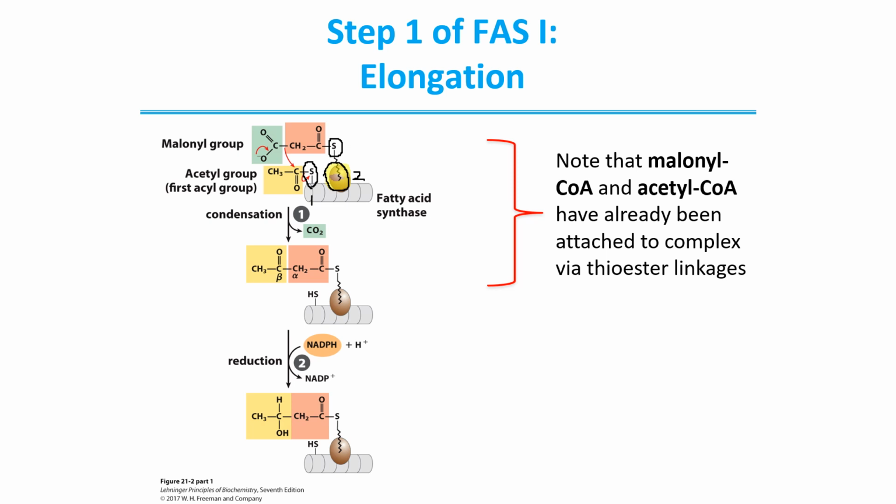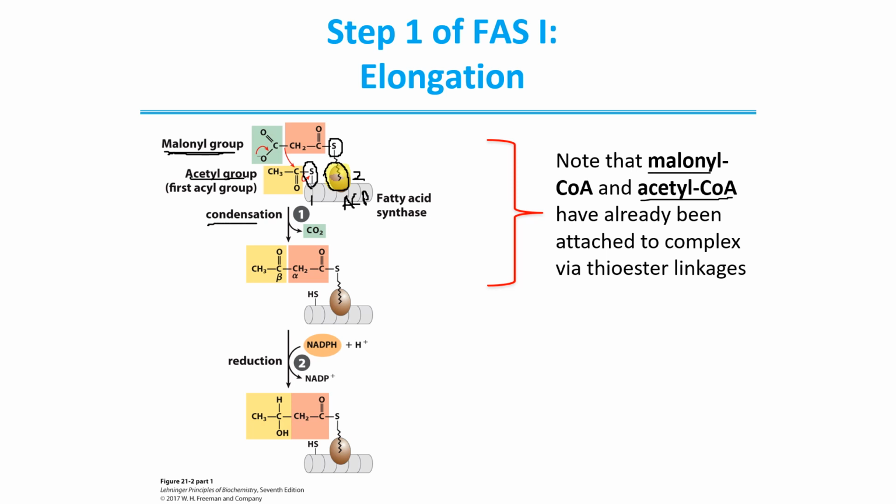So the important thing to remember is the malonyl group, or the malonyl CoA, attaches with the ACP, or acyl carrier protein, which I have designated as 2 here. So malonyl group attaches with ACP, and the acetyl group will be attached with the other sulfur or thiol group. So once we have these 2 groups, malonyl and acetyl CoA, attached to their respective thiols, then the first